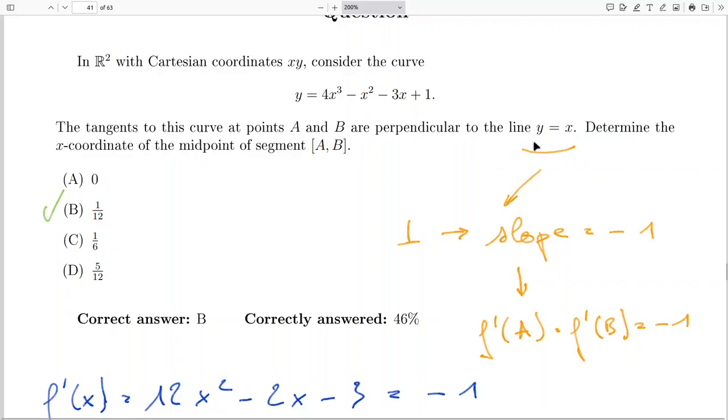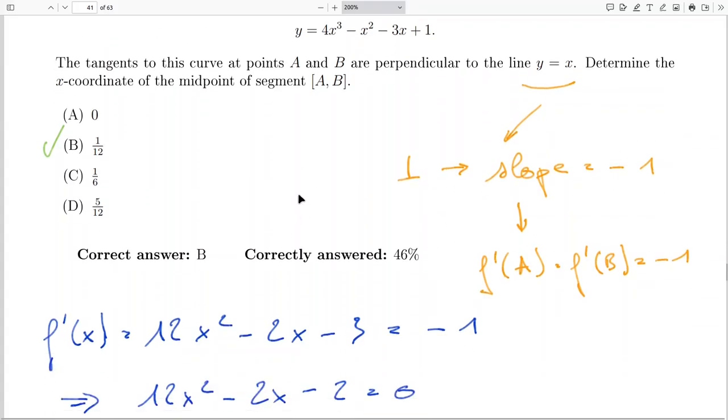So perpendicular to y equals x means that the slope will be minus 1, and so it means that the derivative for point A must be the same as the derivative for point B, and that will be equal to this slope, minus 1. So we'll need the derivative, where 4x to the third gives you 12x squared,